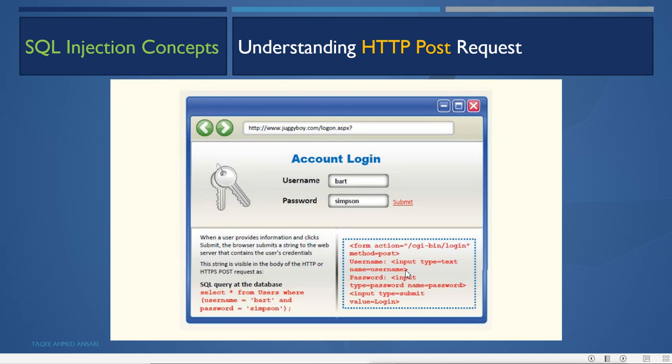So this username will be put into this field, and the password will be filled into this password field, and then the query will go on to run on the database. So this is the job of the web application, to convert this POST request into the query and send the query to the database server.